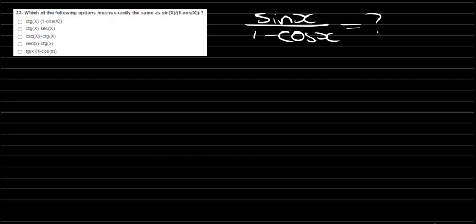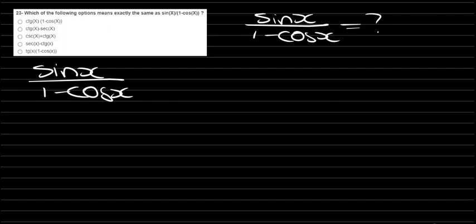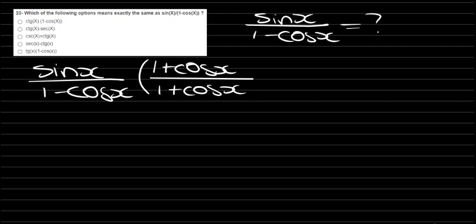Okay, so we are going to normalize this because our fraction has a complex denominator. So how does this look? 1 minus cos x. We multiply it by its conjugate pair, so we multiply it by 1 plus cos x over 1 plus cos x. Remember, this is just 1. We are just window dressing. It's the same value. It's just 1, and we are left with sine x times 1 plus cos x,